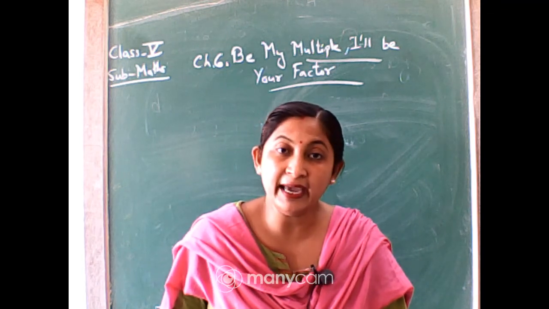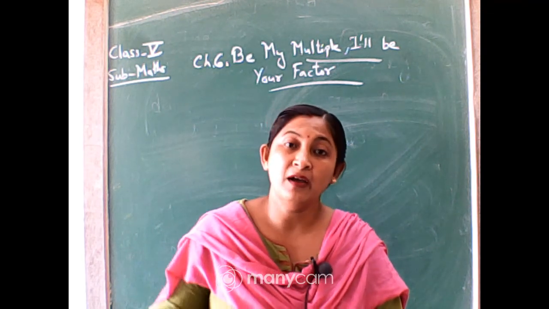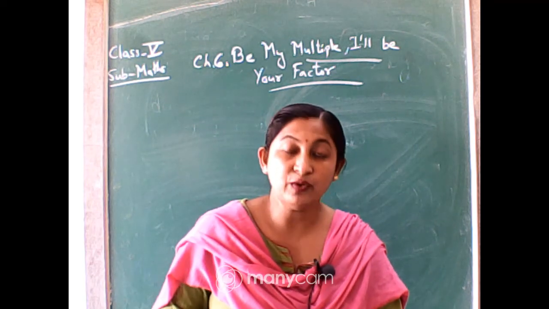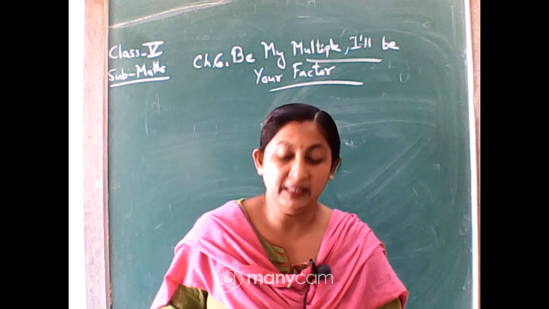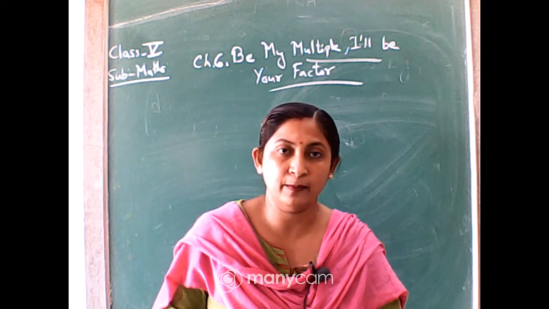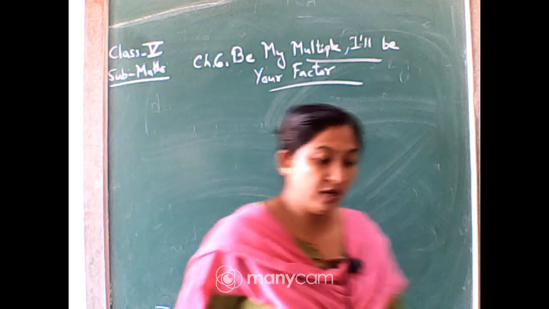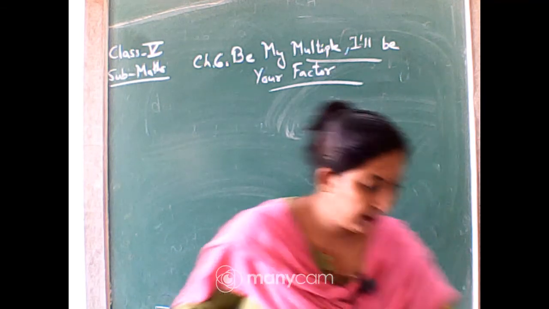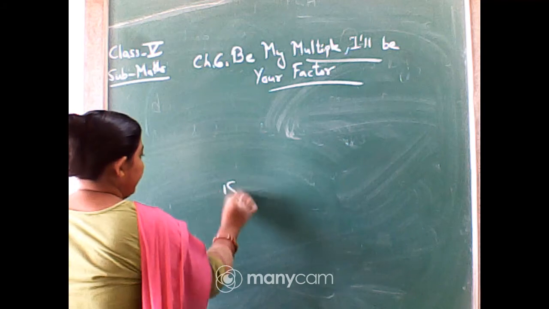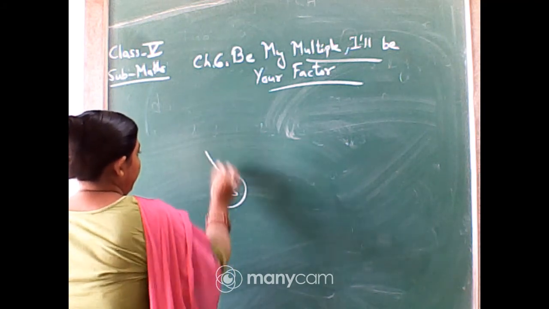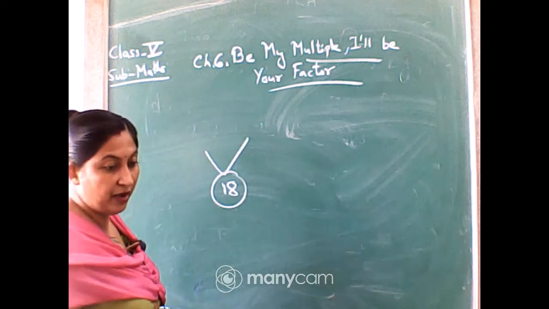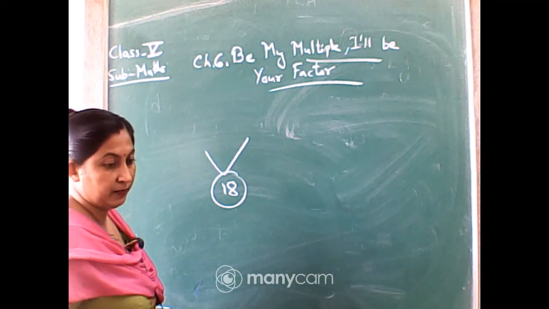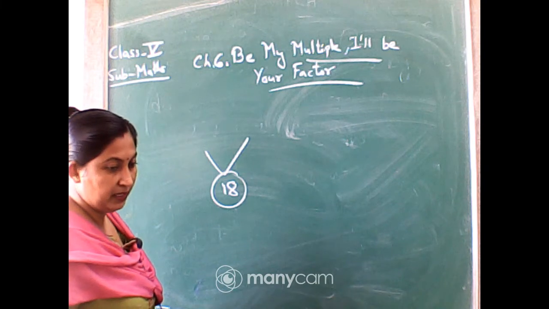Now second one, again 18 is given and you have to make a factor tree, but it will be different from this one. In the first one you have taken 9 into 2. So in the second one, that is in 18, what will you take? Do it in the book only. See, 18 is given, okay, and you have to take two numbers. How can you divide 18? Quickly write in the chat box. Quickly, class 5. It is very easy.